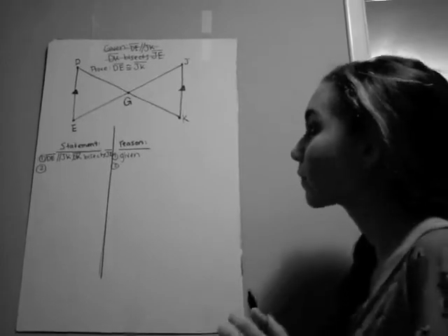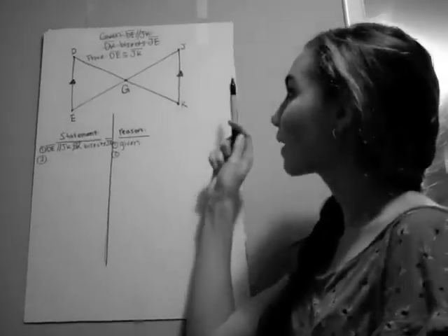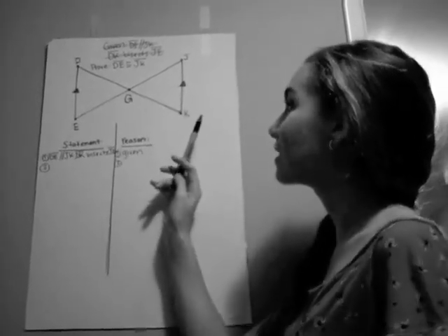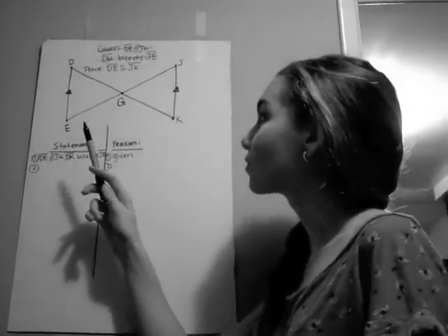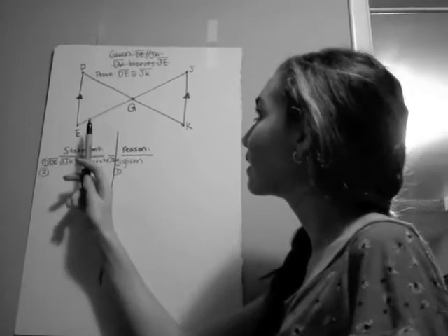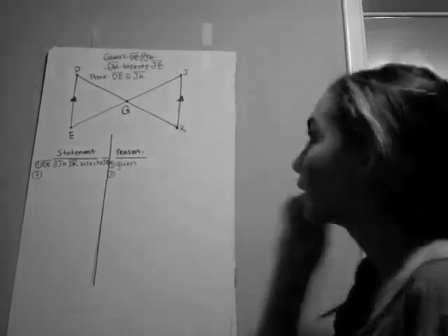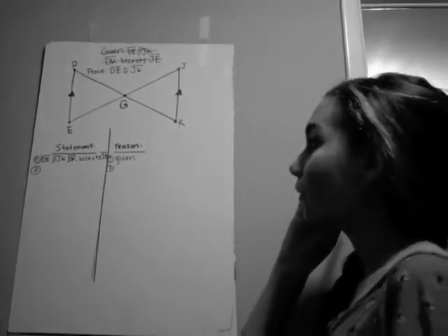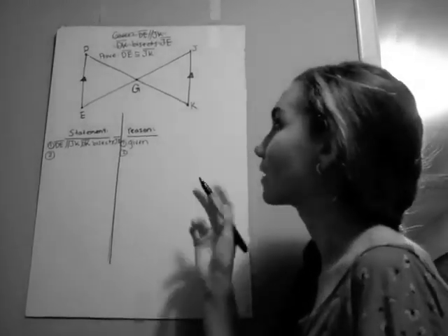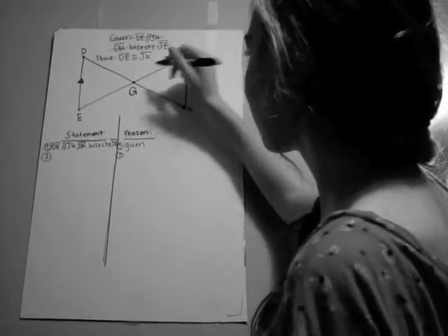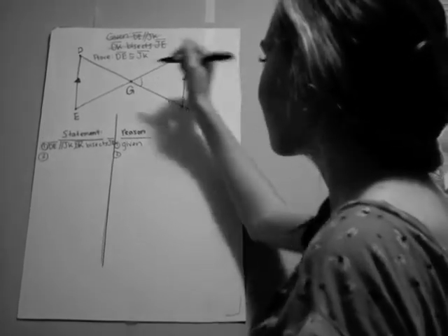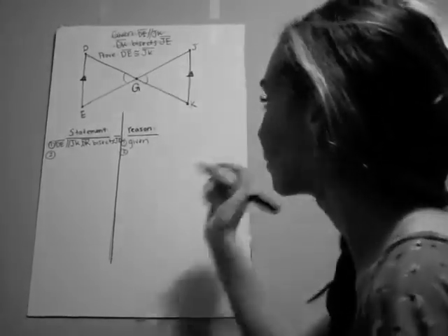Okay, so yeah. The given says that DE is parallel to JK and that DK bisects JE. And we're trying to prove that DE is congruent to JK. Okay, so first write your given, and then second, angle JGK and angle DGE are vertical, so